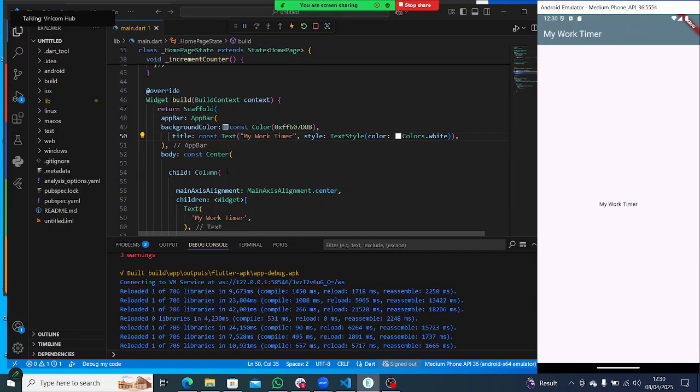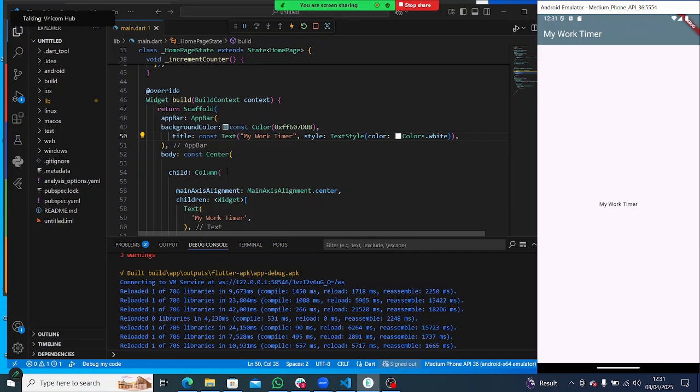So we want to build an app that helps us to manage our time while working and while we are on break, either a short break or a long break. We could set a time for ourselves to focus on a specific task, and when that task is done, we take a break. So our app will focus on that, and by the end of this class we'll be able to construct a